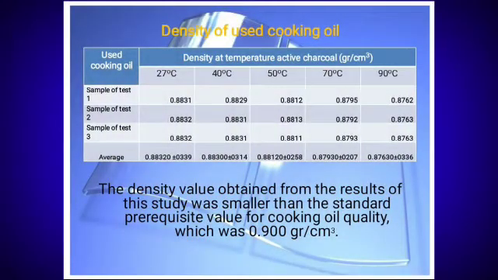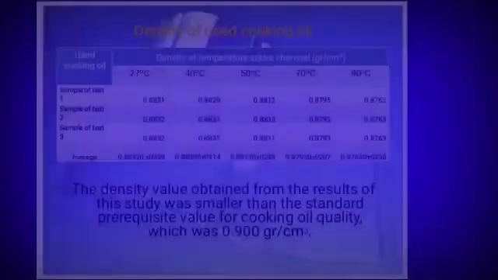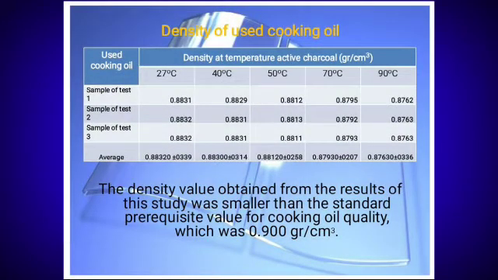The density value obtained from the result of this study was smaller than the standard prerequisite value for cooking oil quality, which was 0.900 grams per cc. Heating active charcoal at a temperature of 90 degrees Celsius made the active charcoal surface able to attract more strongly dissolved substances in oil contaminants. The tensile force that held contaminants in the oil solution was smaller than the surface tension of active charcoal. Contaminants entered the pores of the active charcoal and accumulated in it more,